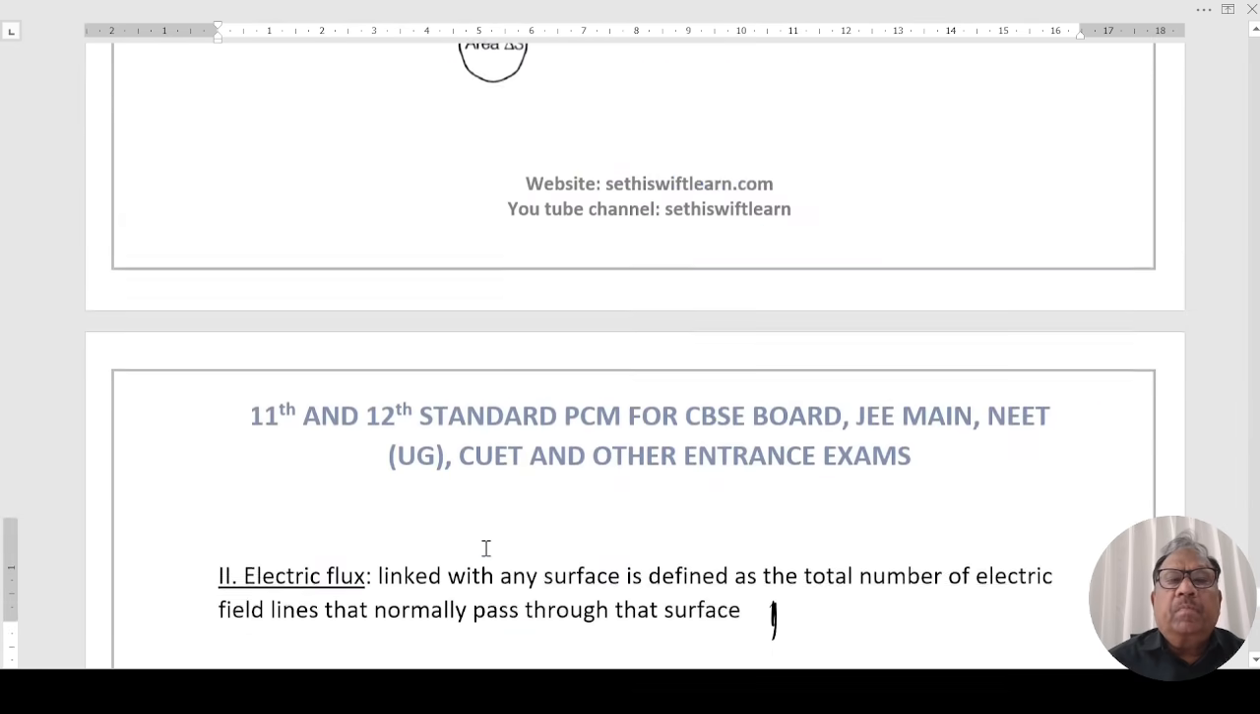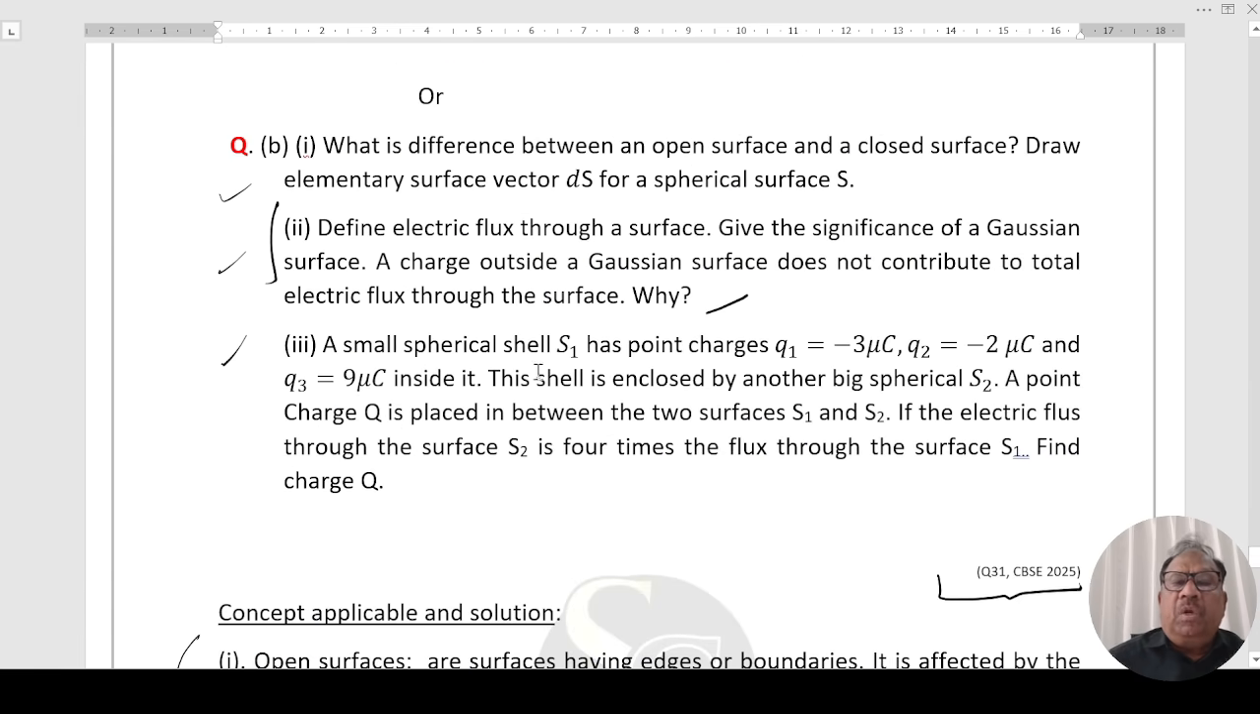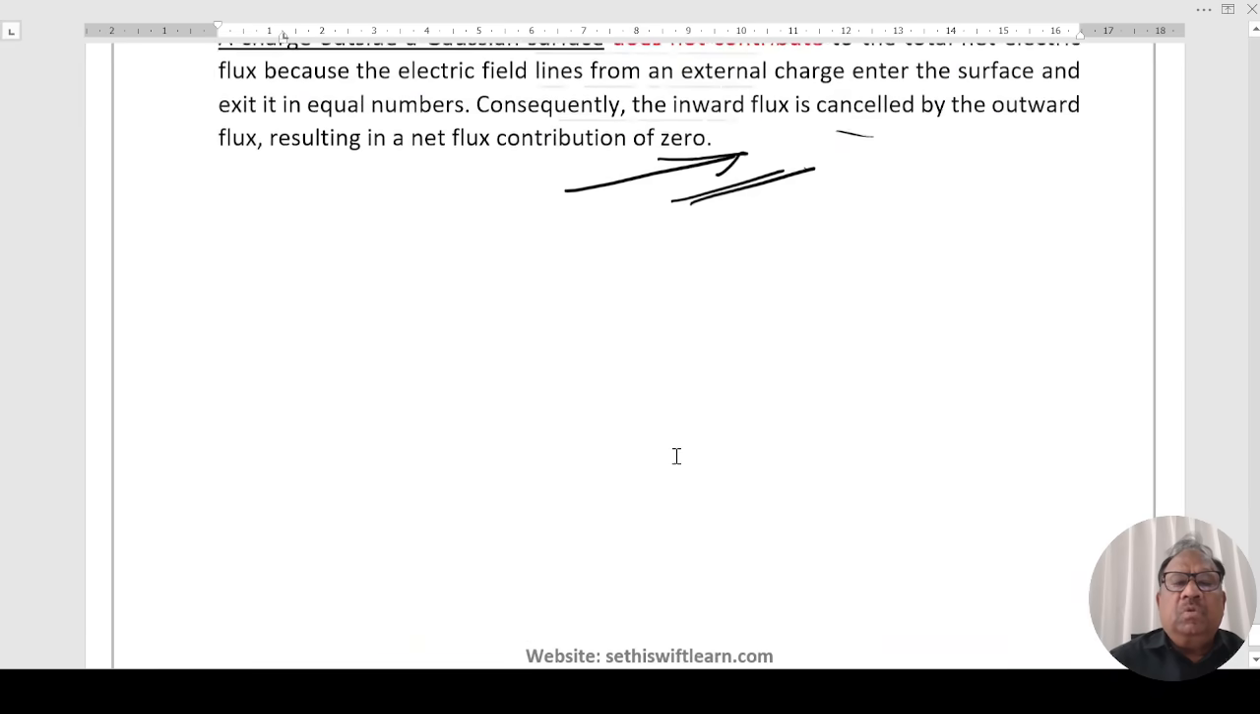The next part: a small spherical shell S1 has three charges Q1, Q2, Q3 of minus 3 microcoulomb, minus 2 microcoulomb and 9 microcoulomb. This shell is enclosed by another big spherical surface S2. A point charge Q is placed in between the two surfaces. If the net electric flux through the surface S2 is 4 times the flux through the surface S1, find the charge Q. Solution is